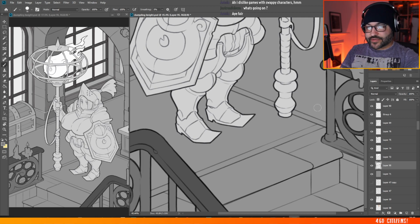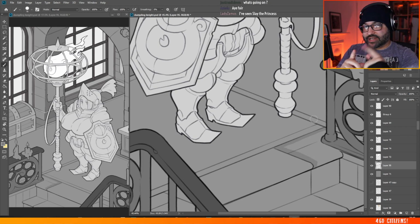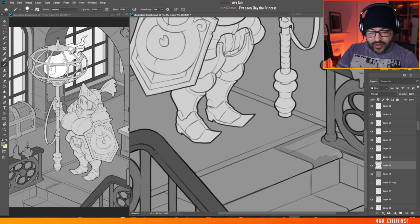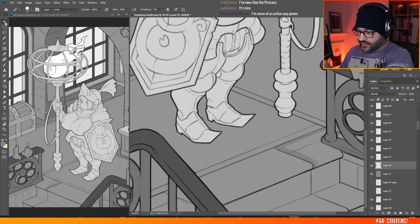I just like games with swappy characters. Well, it's only 3 of them, Ayatollah. And I'm sure you vaguely remember, but the system is that you can just be Cloud, if you wanted to, and you send commands to the other 2. But if you want to have a really dynamic battle, then you might find that you're...